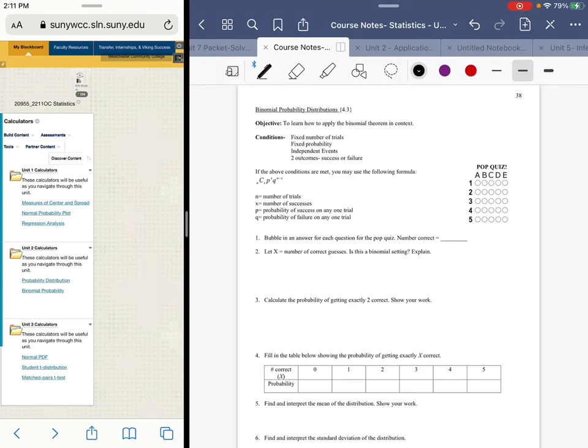So we're looking at page 38 in the Unit 2 packet, focusing on binomial probability distributions. In terms of the power of this type of concept, it's very, very important and fundamental to the stuff that we're going to be learning down the line. In terms of level of difficulty, it's going to start off seeming very challenging, but I'll show you the ways in which we pare it down to make it something that's actually rather